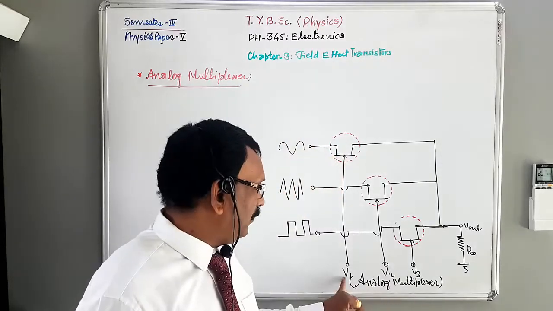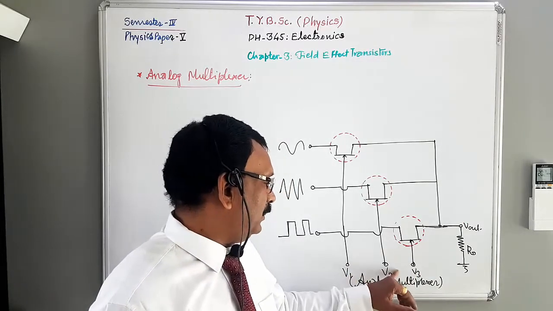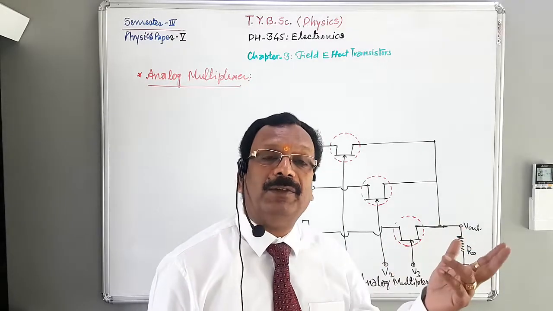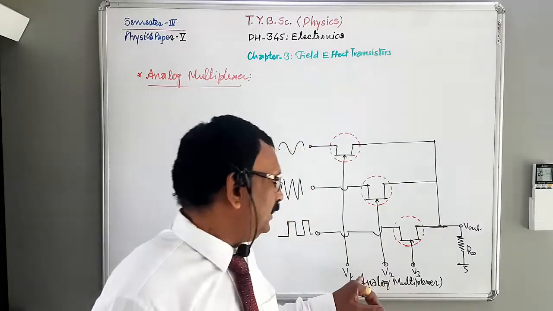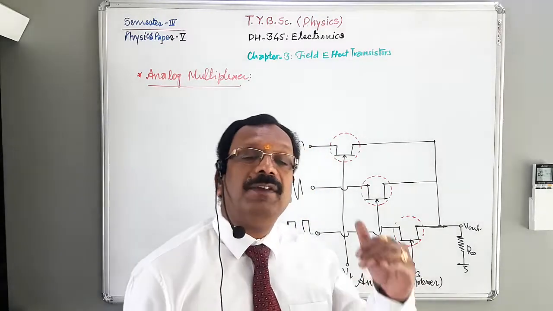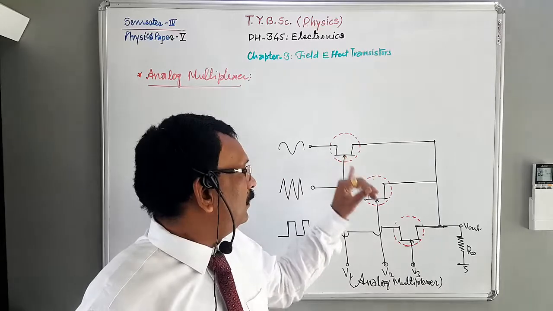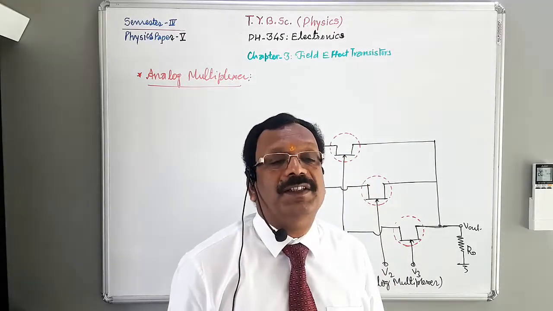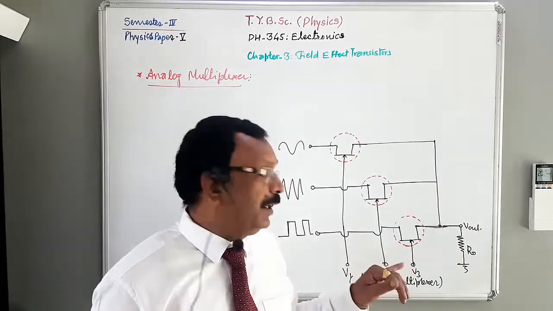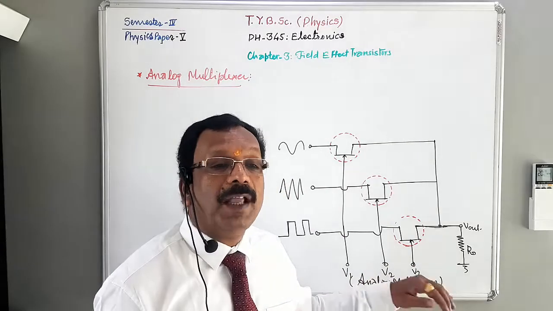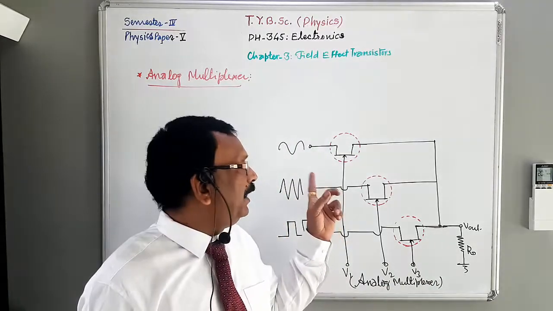And V1, V2 and V3 are the control signals. When V1 or V2 or V3 has 0 value, that is high value, at that time the corresponding JFET conducts. And when VGS, that is V1, V2 and V3, has a negative value, that is low value, at that time the corresponding JFET remains in the cutoff region. By making any one control voltage equal to 0 out of these three, one of the inputs can be transmitted